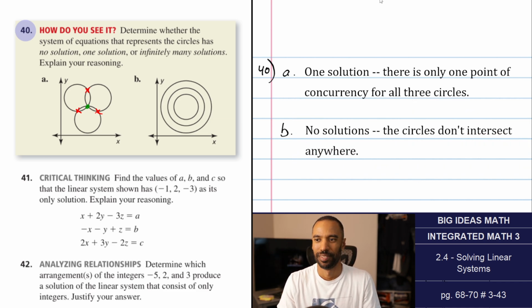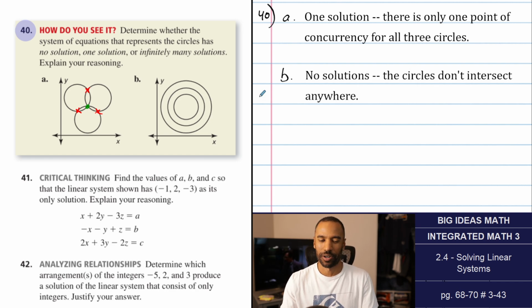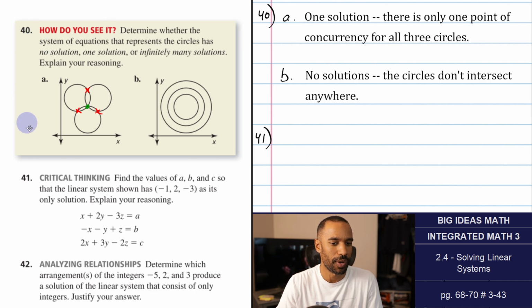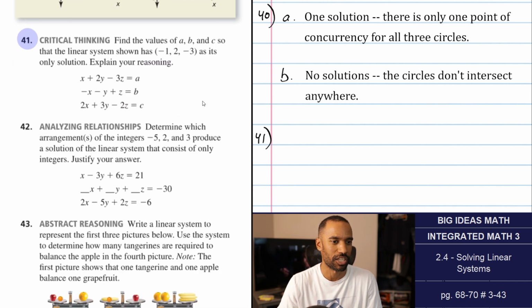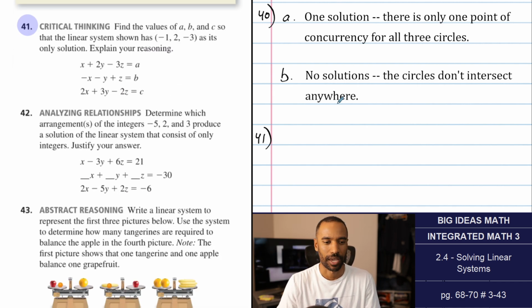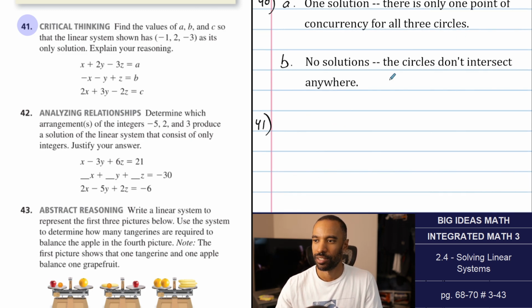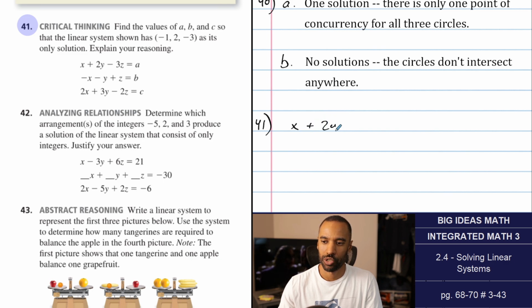All right. I like some of these how do you see it. They tend to be shorter. Number 41, critical thinking. These tend to be longer. Find the values of A, B, and C so the linear system shown has -1, 2, and -3 as its only solution. Explain your reasoning. Okay. It's up here. x plus 2y minus 3z equals A. Negative x minus y